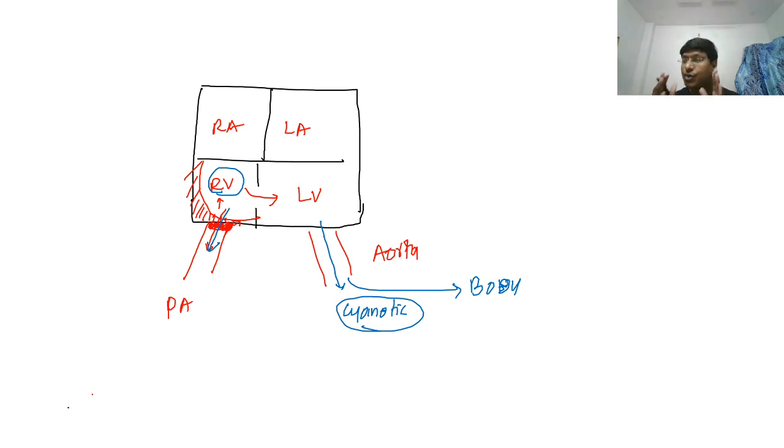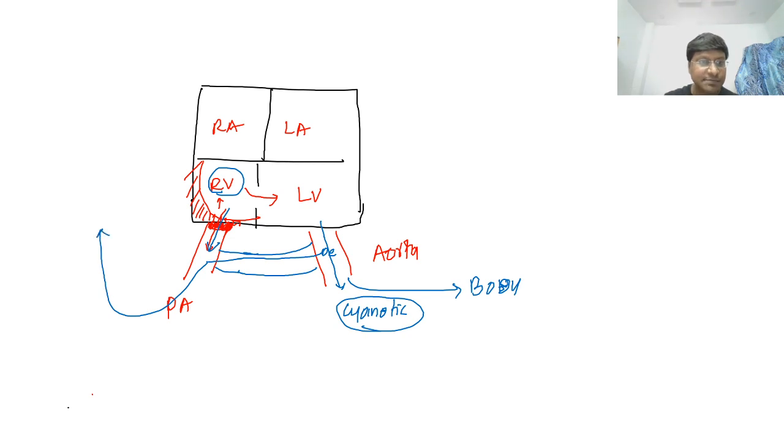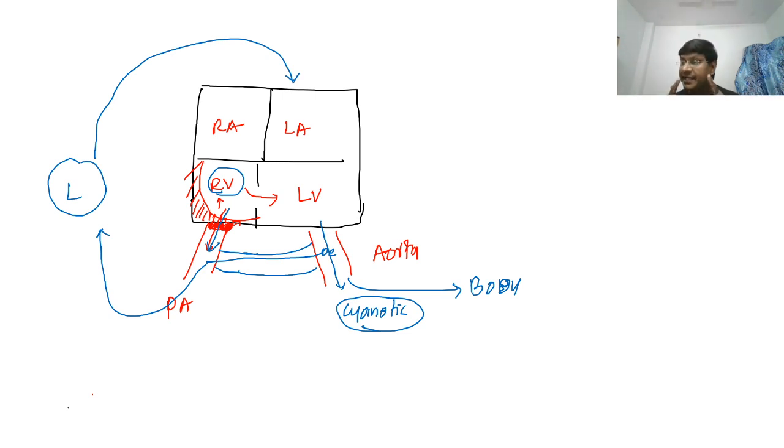Now what you want is that blood has to be purified. Now what you should do, you have to connect the aorta to the pulmonary artery. So by doing that, what is the advantage? The advantage is that the deoxygenated blood which is there in the aorta will enter into the pulmonary artery. They will go into the lungs, they get purified, and then it will enter back into the left side of the heart. That is the advantage of creating the shunt. That is a very important point what you should remember.